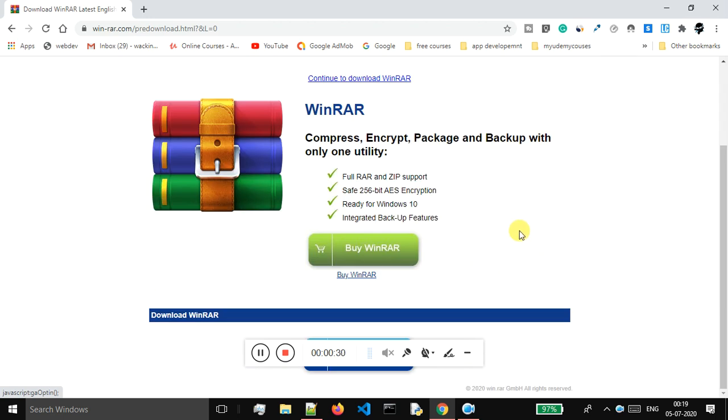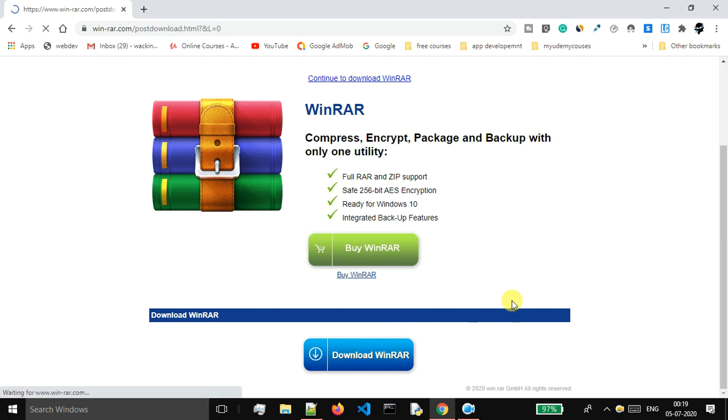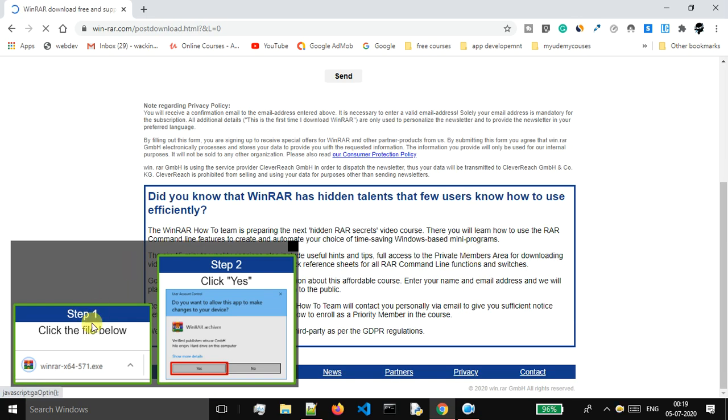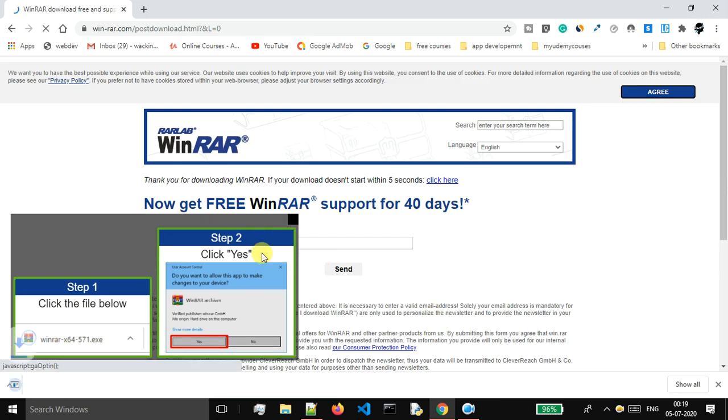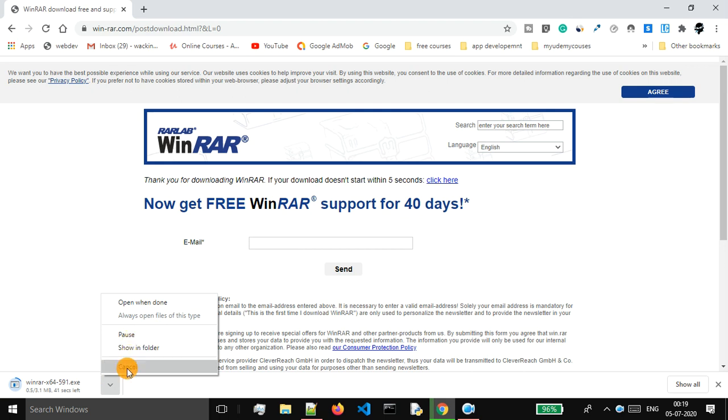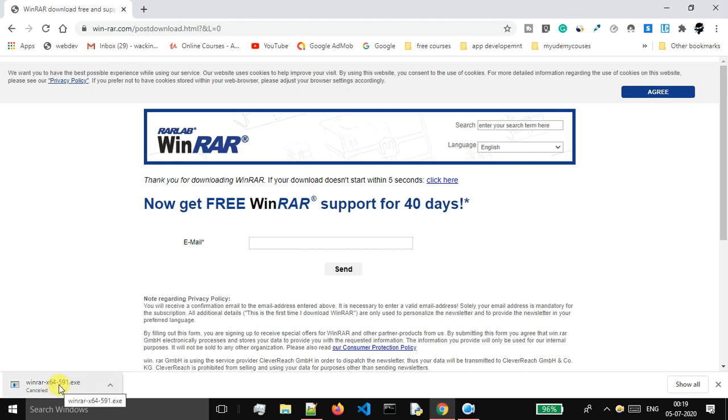After it gets downloaded, you just have to install it. Currently it is showing me a few steps over here, so what you can do is just untick this, and now it is getting downloaded. I won't be downloading this again because I have already downloaded and installed